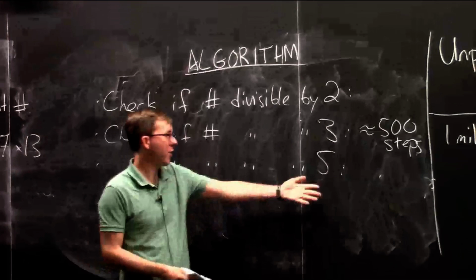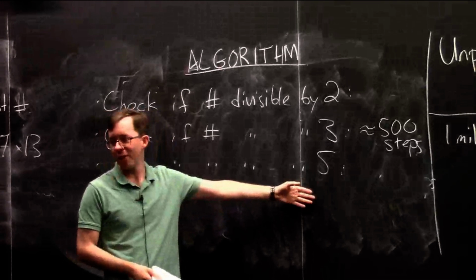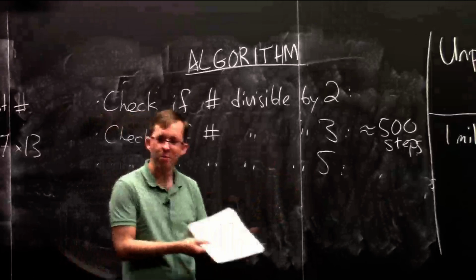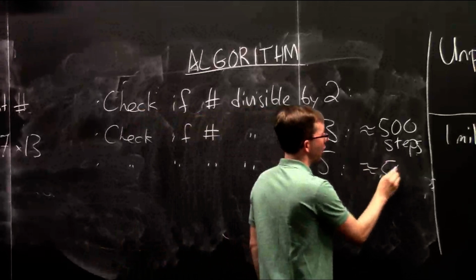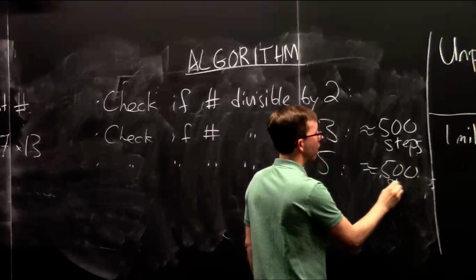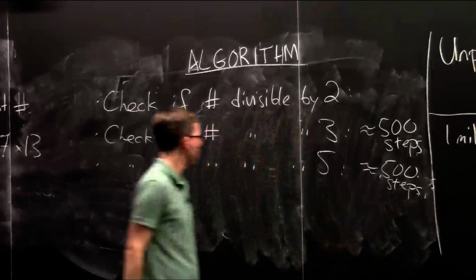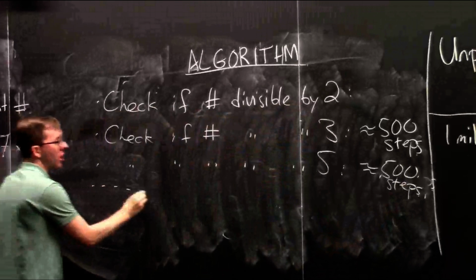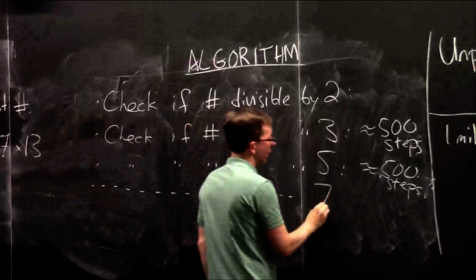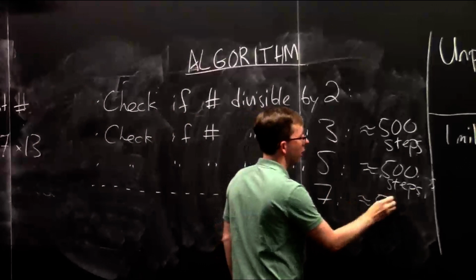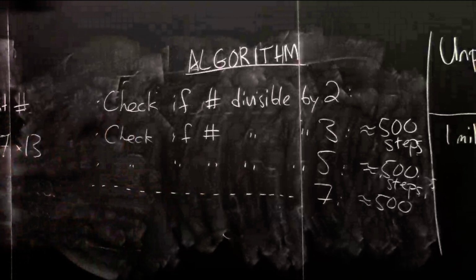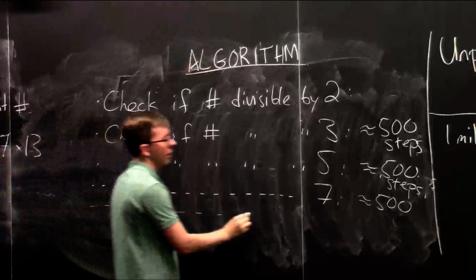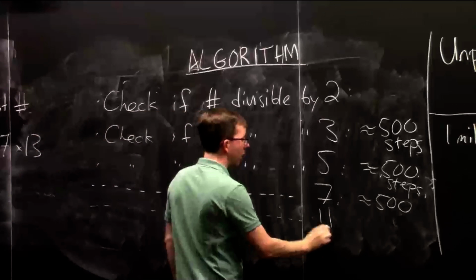Okay, and I guess if it's written with digits, this is also easy. You can check if the last digit is 0 or 5, but if it's written in base 2, then it's maybe annoying again. But you just have to divide by 5, so that'll take another 500 steps. Okay, and then you can check if it's divisible by 7. There's really nothing else to do but run the little algorithm for dividing by 7. And you can do 11 and 13.